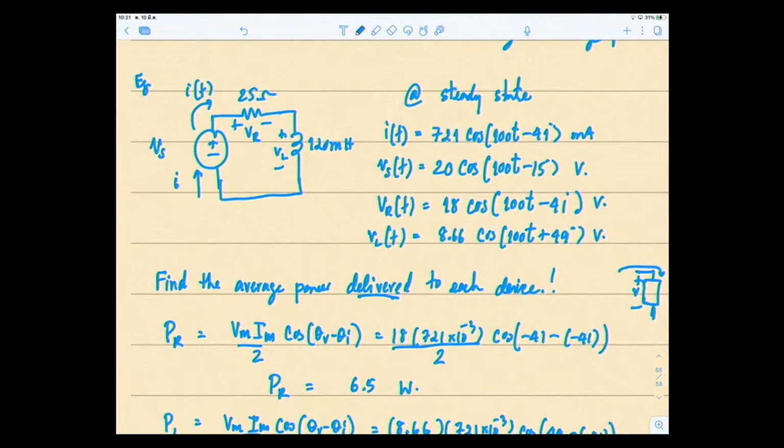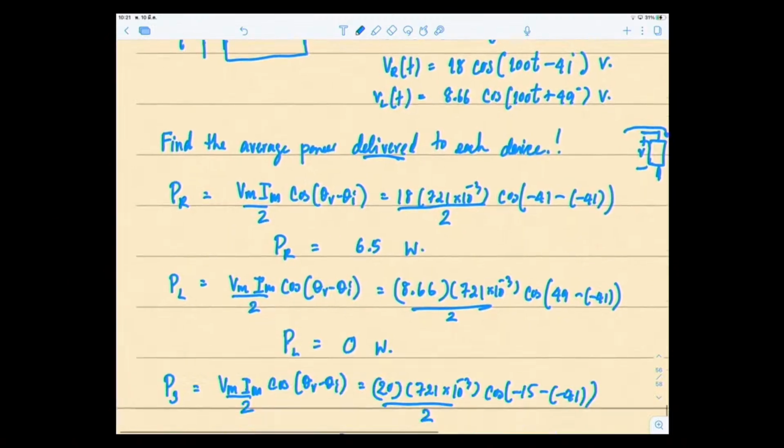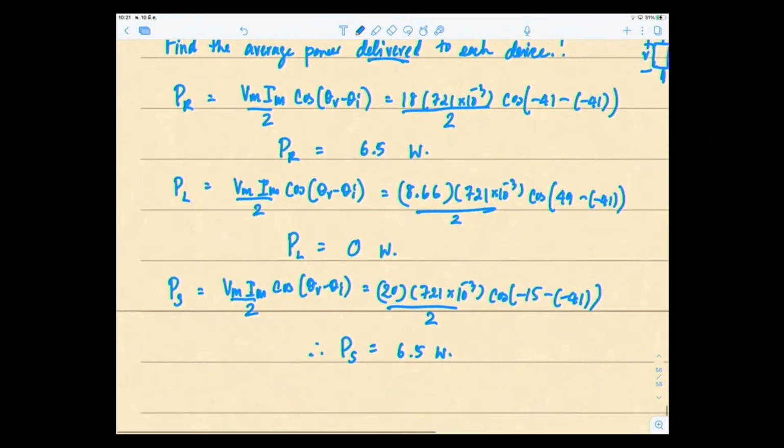Leaving on the positive is not the same thing as the current entering the positive side of the voltage drop VR or VL. See that? This one goes in the negative side. So actually when your answer is positive for the source, this means that the source is supplying